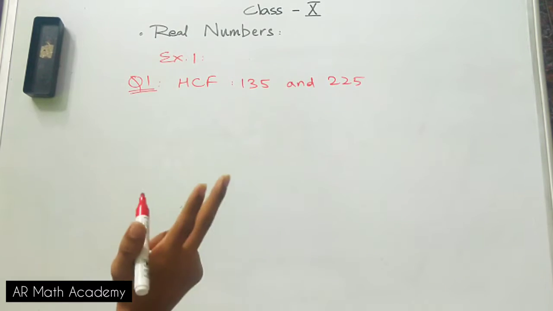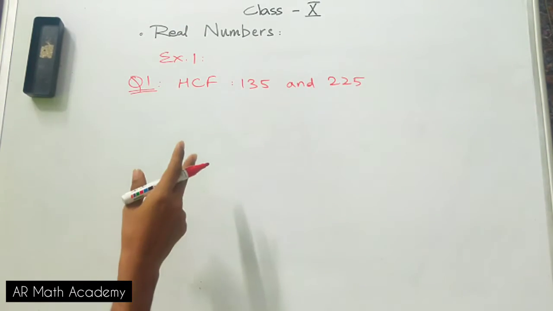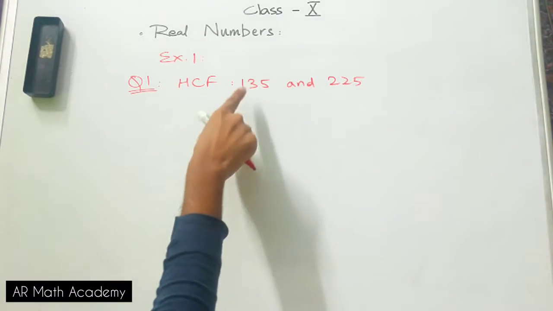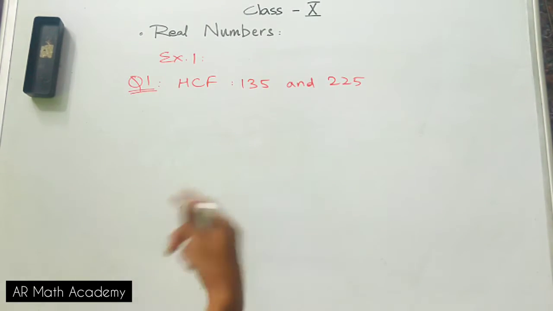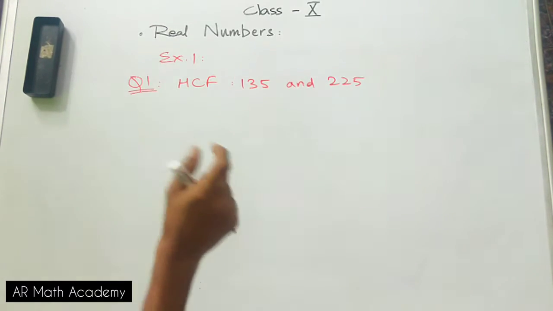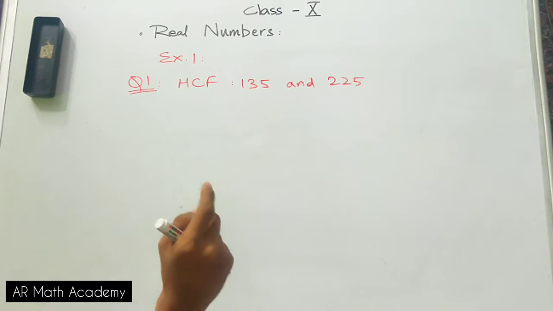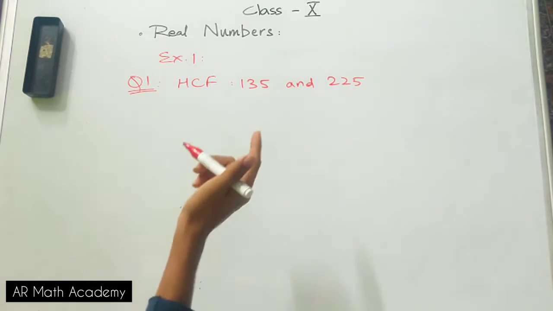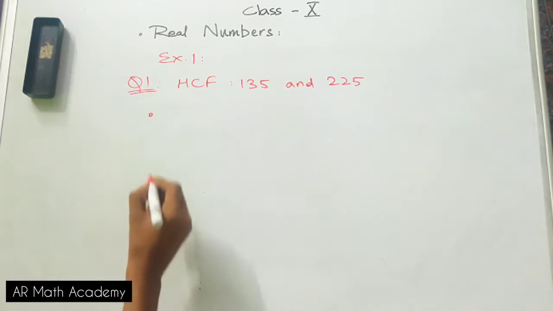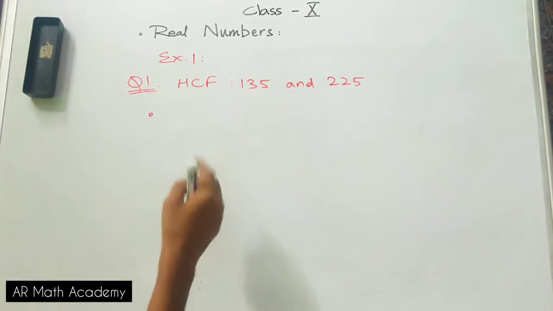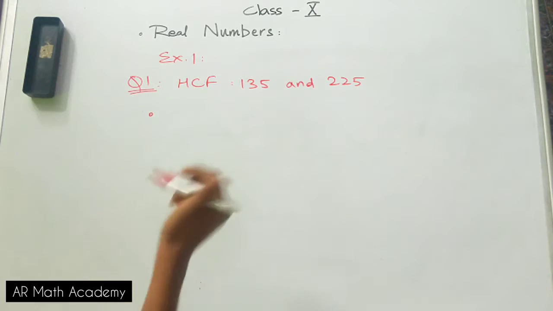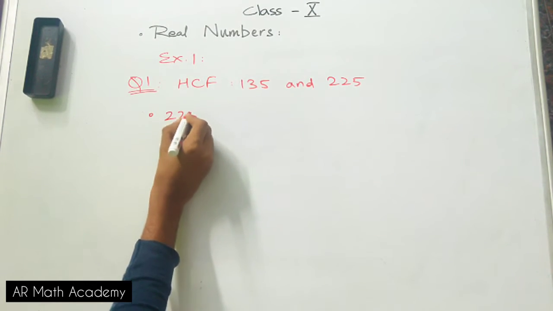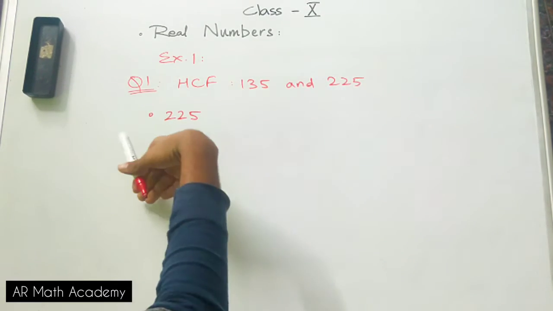We know two methods to find HCF. Those two are Euclid's division lemma and the prime factorization method, where you factorize the numbers and find the HCF from both of those factors. Now they have asked us specifically to do it with Euclid's division lemma. So you all can recall the steps of Euclid's division lemma. The first step will be to find the larger of these two numbers. 135 and 225, what is the larger number? 225 obviously. So we have to take the larger number 225 and then operate 135 on it so that we get 225.